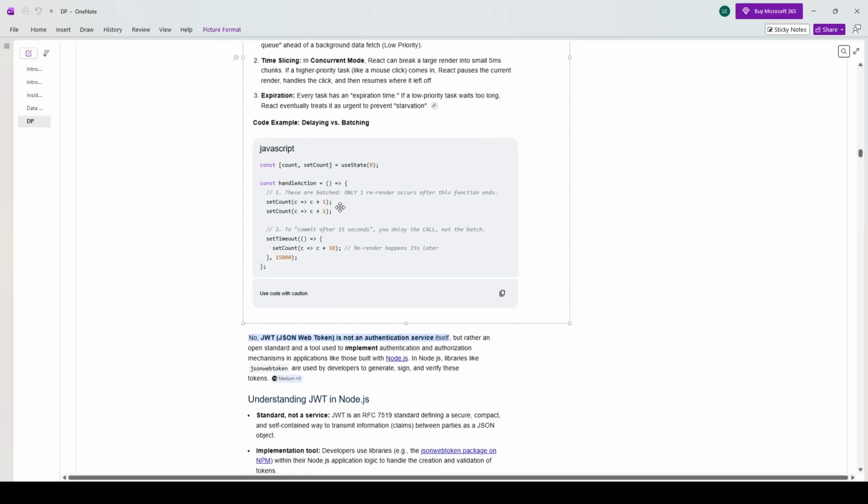Code example, the layering versus batching. const [count, setCount] = useState(0); const handleAction = () => { // These are batched, only one render occurs after this function ends. setCount(c => c + 1); setCount(c => c + 1);